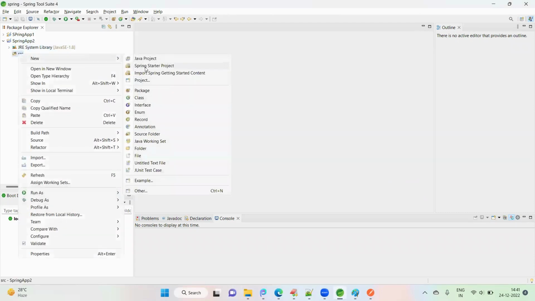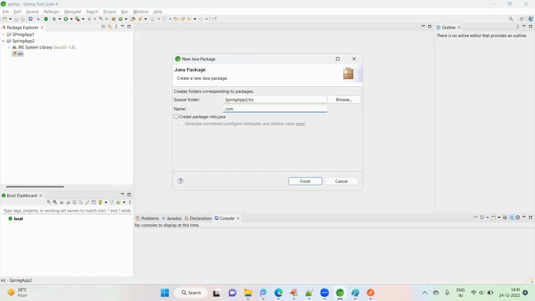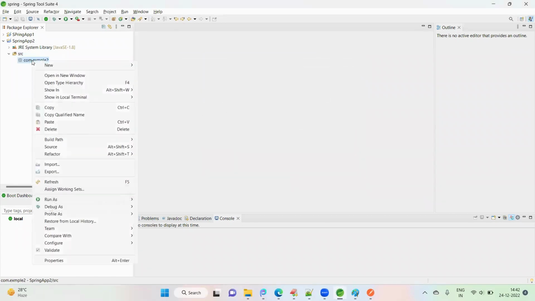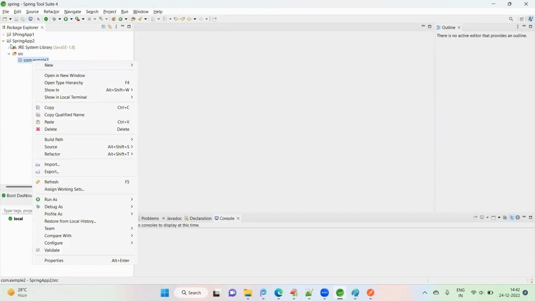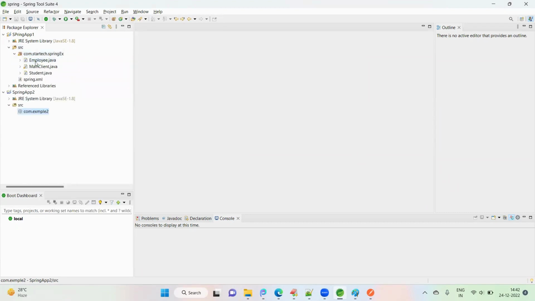I'm also not sure, so I'm checking. Okay, I'm writing a package from example 2. You see the package name. In this package, I'm writing the same classes. I'll paste here. Okay, student class, I'll paste. In example 1, we did the configuration in the XML file. Now we are going to do it with annotations. So this is the class,